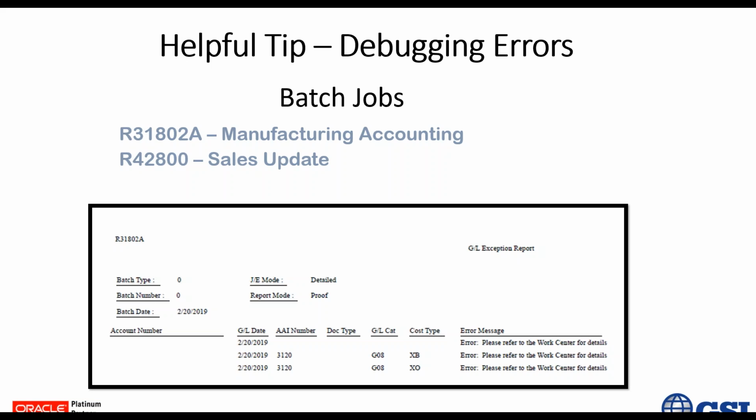So it does not know how to create these entries. So now we're going to get an error, and this work order will not post to the GL until these errors are cleared. Okay, and you will get something very similar